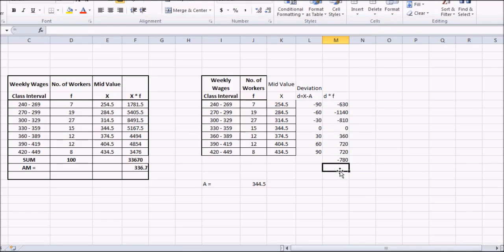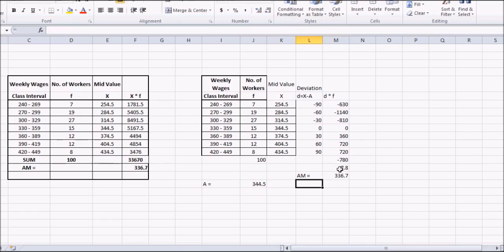So the sum happens to be minus 780. Also, we need to find the sum of the frequency here, and that happens to be 100, which is known to us already. Now, to find the arithmetic mean, we need to find the ratio of sum of d into f by sum of f, and that is this divided by 100, which happens to be minus 7.8. And finally, to find the arithmetic mean, we will add a to this,